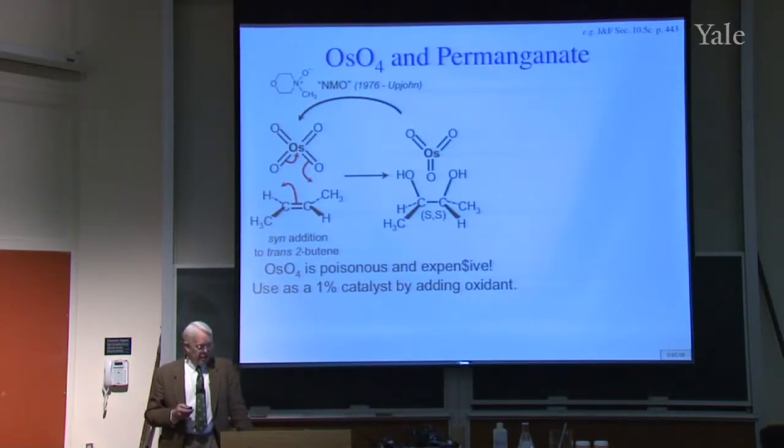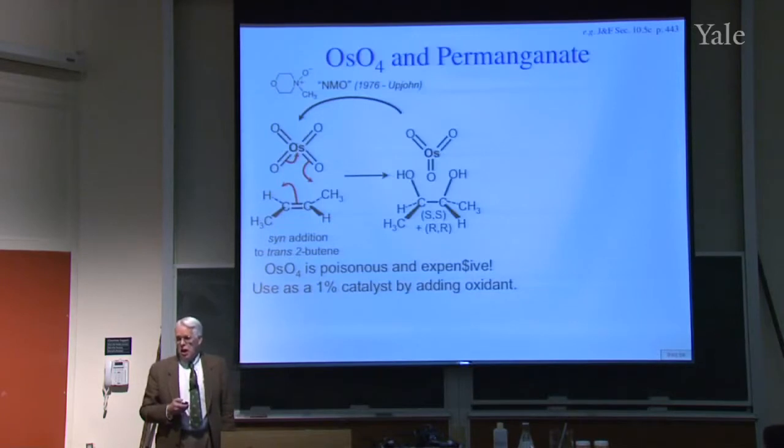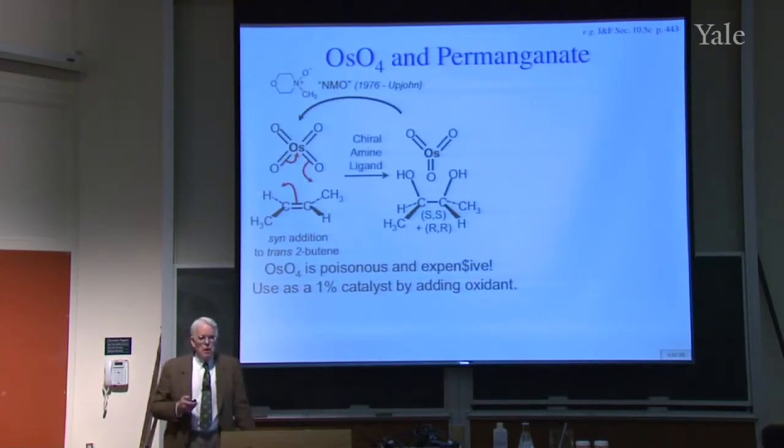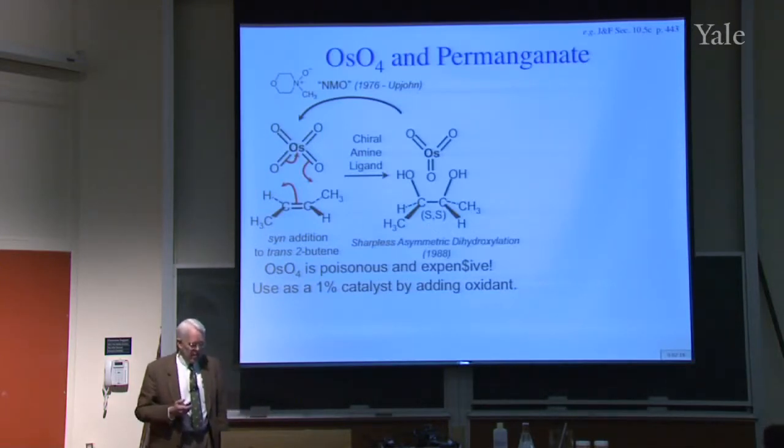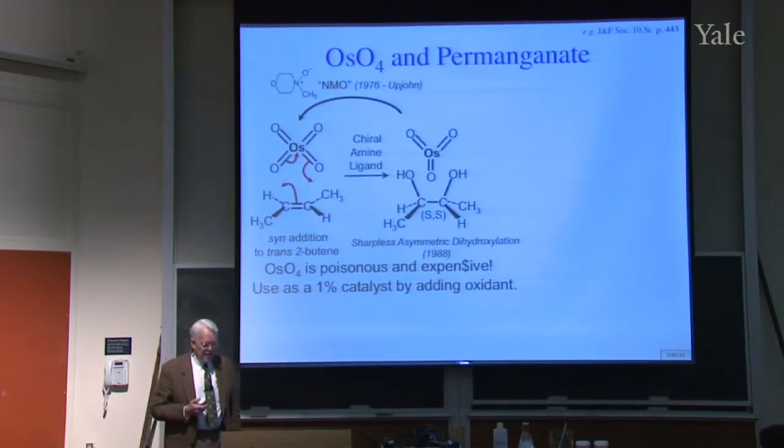Of course, the osmium tetroxide could equally well have come in from the bottom, or the 2-butene could have been turned over, and then you would have gotten RR. So of course you don't get chirality without starting with chirality. That is a single chirality. However, you can start with it in a ligand that attaches to the osmium. So if you use a chiral amine ligand, then you only get one of the two enantiomers of the dihydroxylated